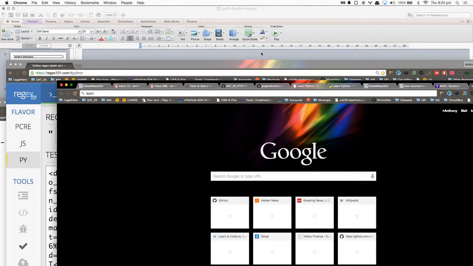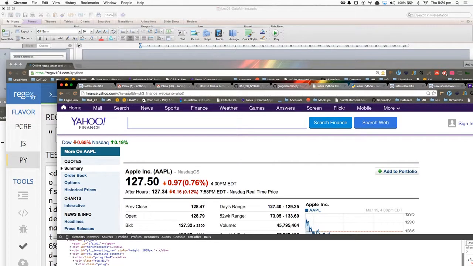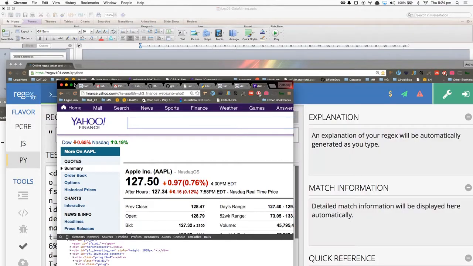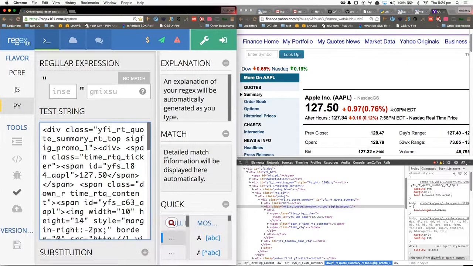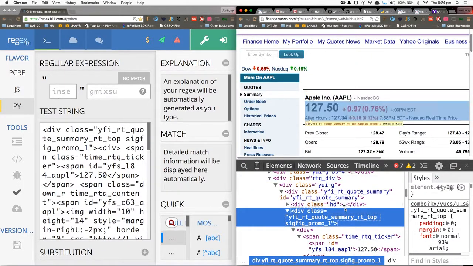I just cut and pasted this section of DOM that I was interested in into this regular expression, just as an example.